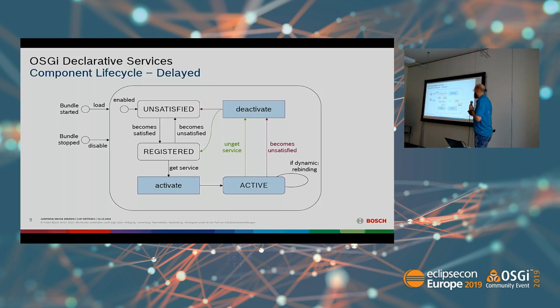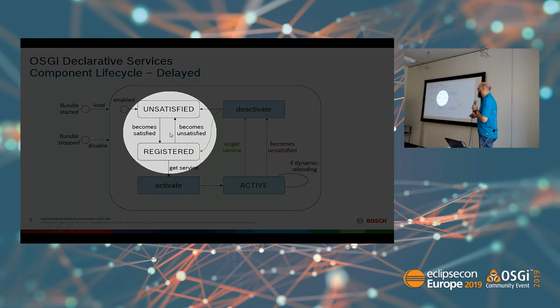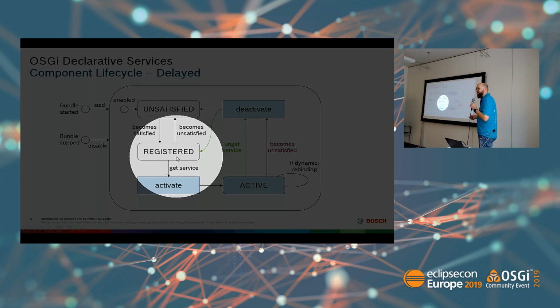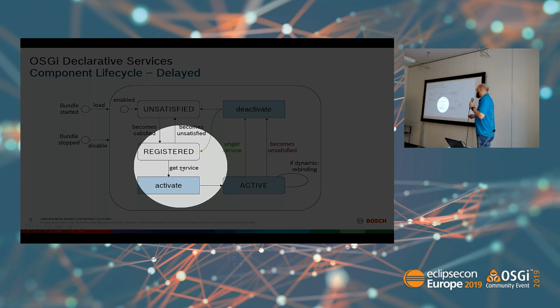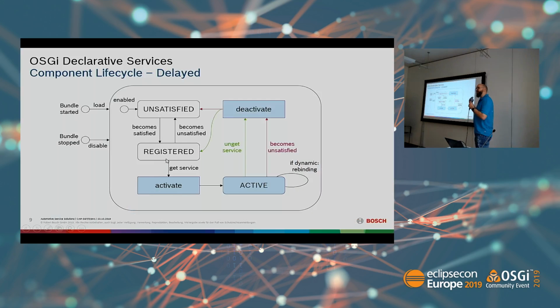That's immediate component. The delayed component is different in terms of even if it becomes satisfied, it's not automatically activated. It's then in the registered state. So the service registry will tell you this service is registered and ready. And then it needs to be activated, and this happens when someone wants to use this service. This brings a big performance boost on startup because not every service is directly started and available from the beginning of your application. So application startup really benefits from